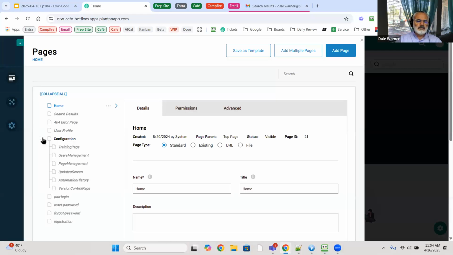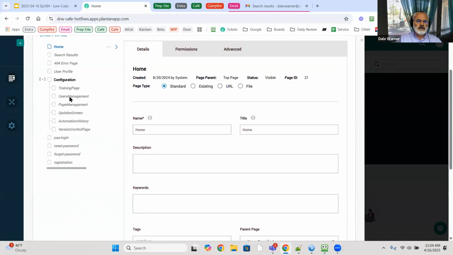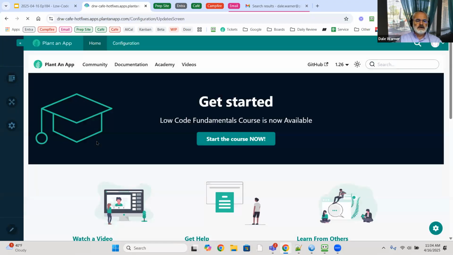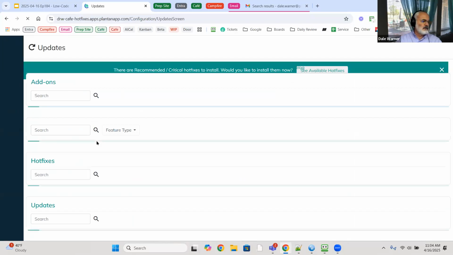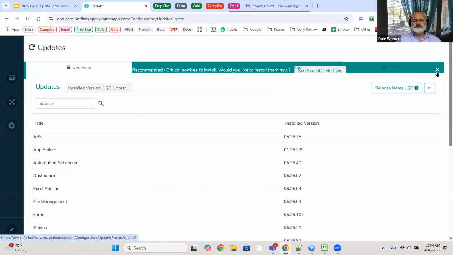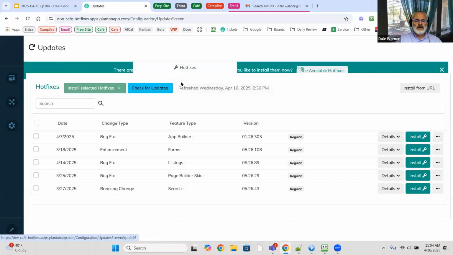One of the things that we've talked about before, though, is that under our configuration menu, there are a number of pages where we build some of our product in low code using our product. So if you were to view the updates screen page, you can get to the update screen and apply updates, even under Chrome. And so the hotfixes page here, we'll talk about all the hotfixes that are available, but since